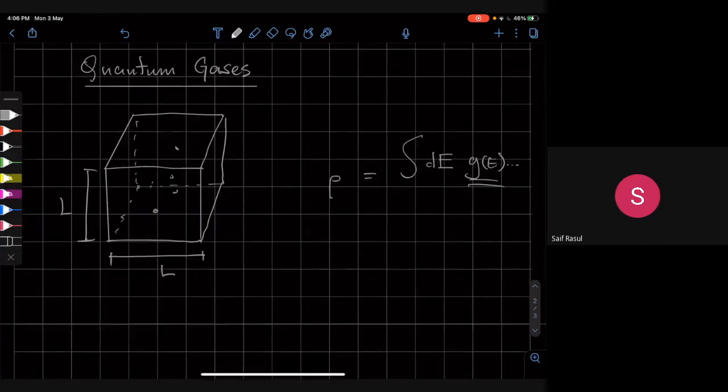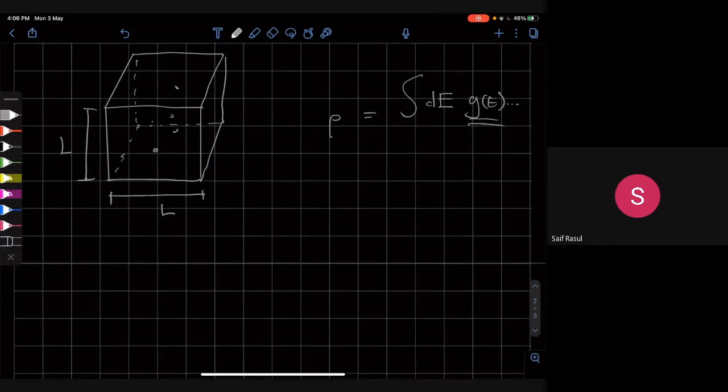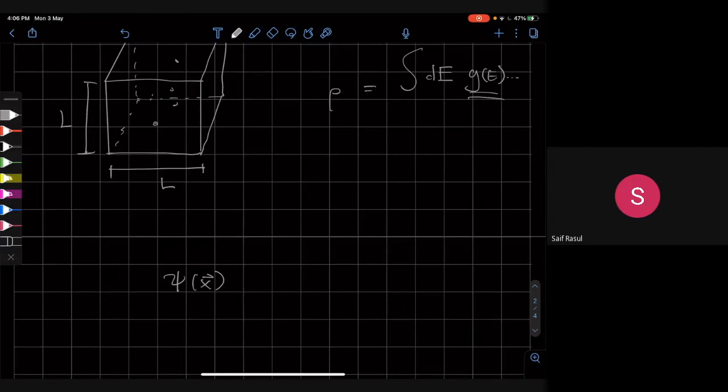So to do that, the first thing we want to do is describe each particle's wave function. So it's essentially a particle which is free to move, but it cannot go outside the box. So we are going to say that